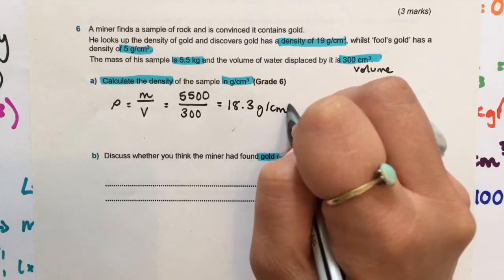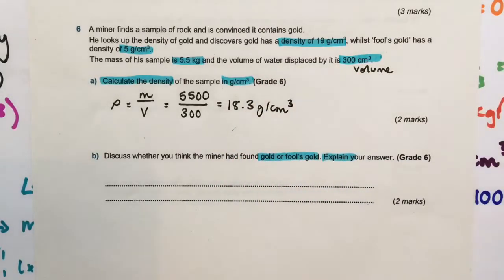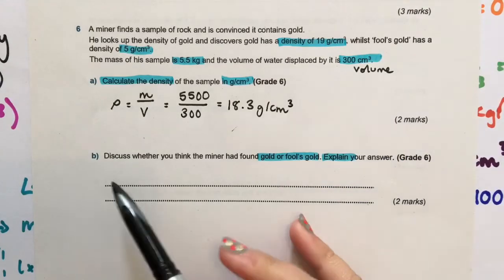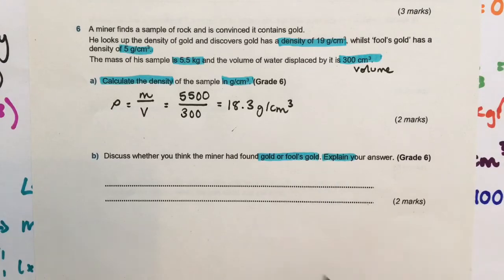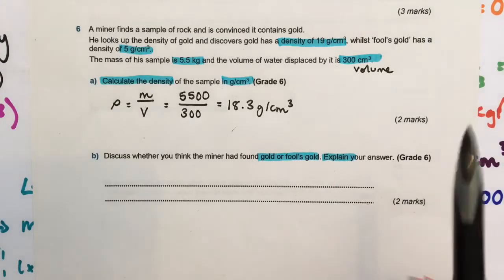So 18.3 grams per centimetre cubed is the density. Discuss whether you think the miner has found gold or fool's gold. Explain your answer. Okay, so